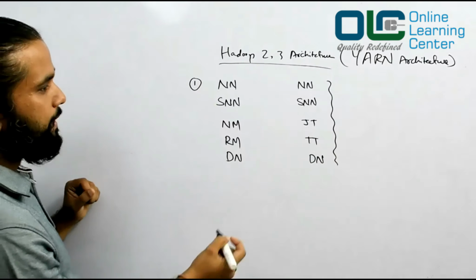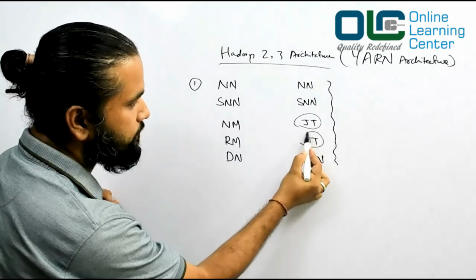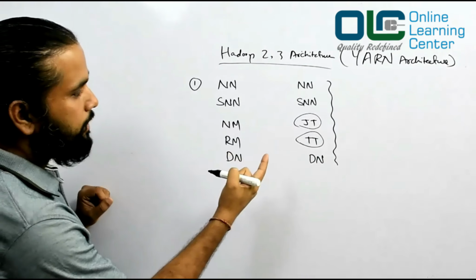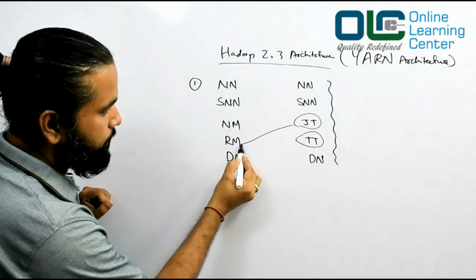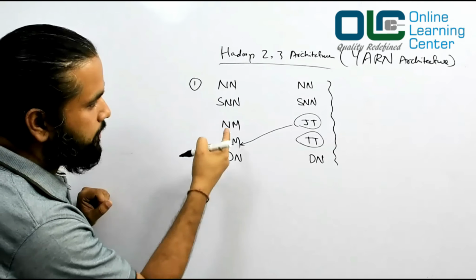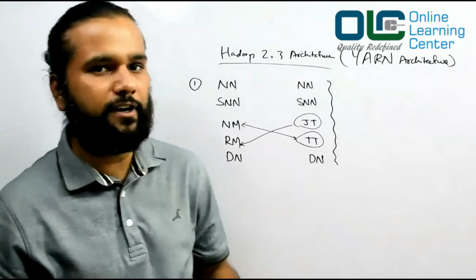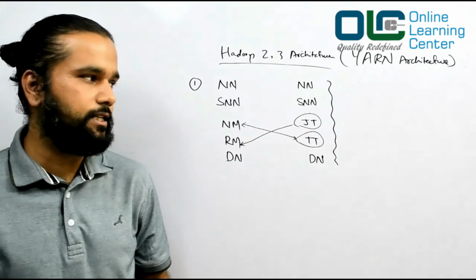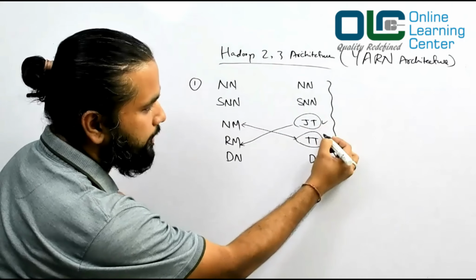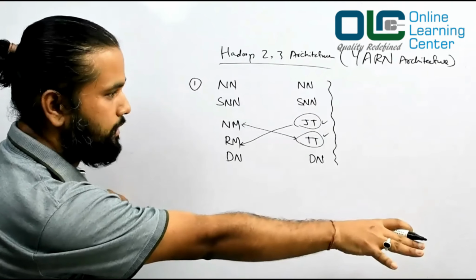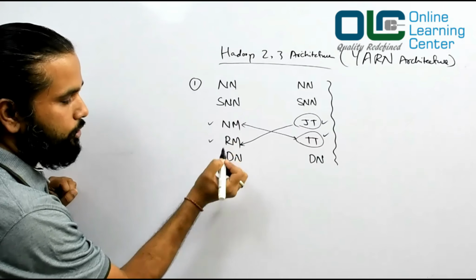In Hadoop 2 what happened is a few things are replaced. There is no job tracker and there is no task tracker. The job tracker is basically replaced by your resource manager, and node manager is something similar, but they have a different functionality itself. So in your Hadoop 1.x you had job tracker and task tracker, you don't have them altogether. Now all the work would be done by node manager and your resource manager.